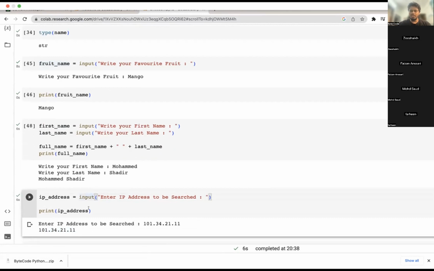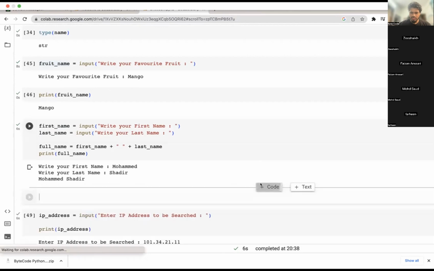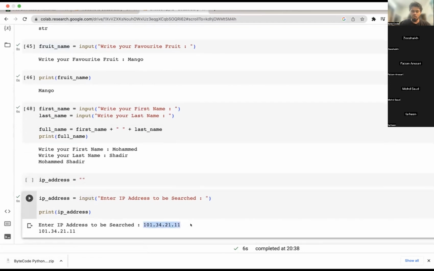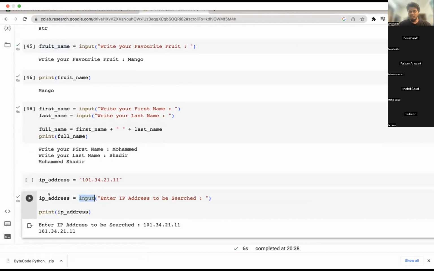Otherwise, the scenario would be that you have an IP address defined in the code, and you have to go and change the code manually. But to keep it interactive, you can say input and the user can input it.